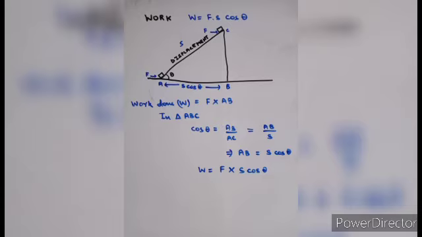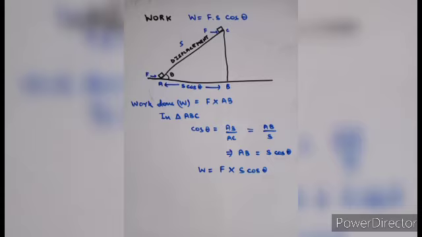Before we move on to W = Fs cos θ, suppose W = F × S, and if S is 0, then W is 0. So if a force acts on a body and the body does not move, which means the displacement is 0, then no work will be counted. An example of this is pushing a wall: you are applying force but the displacement is 0, so the work will be 0.